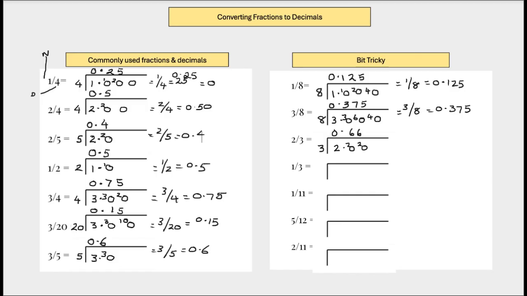It's going to be 6. So you can see that the pattern is just a loop. It's going to go on and on and on. So that looks awful to write and awful to remember. So what we do is the exam question might say, put your answer to 2 decimal places, which is going to be